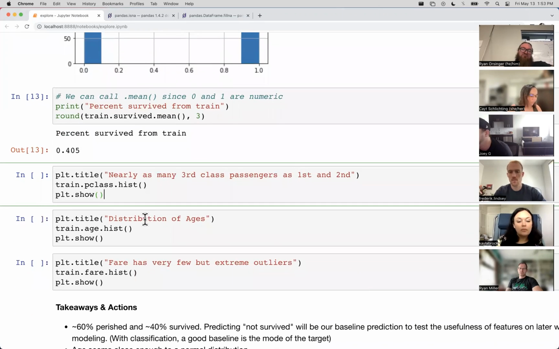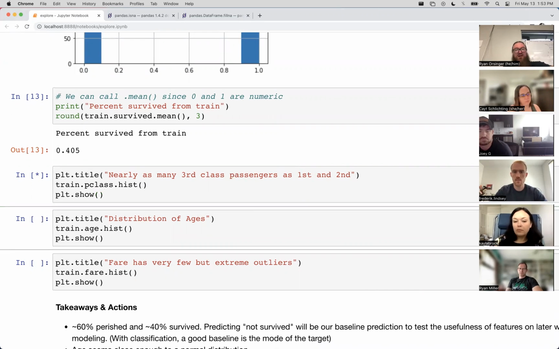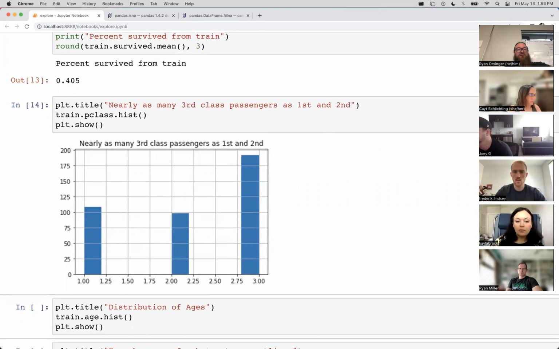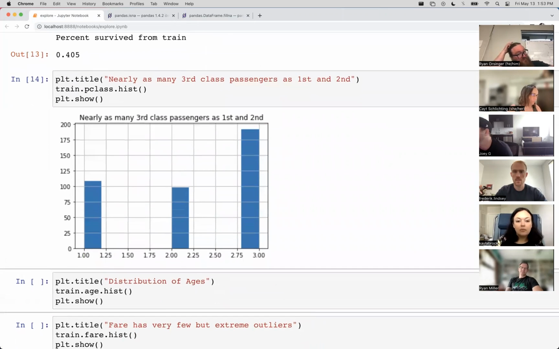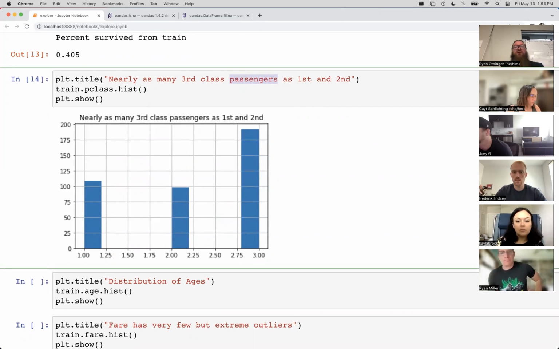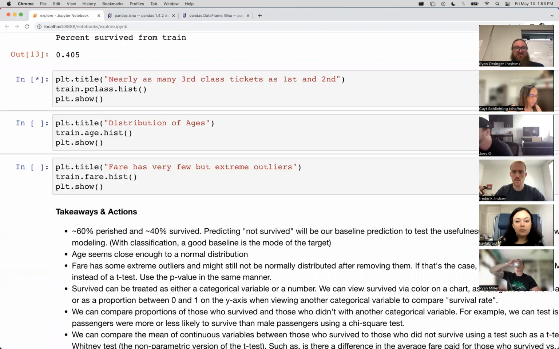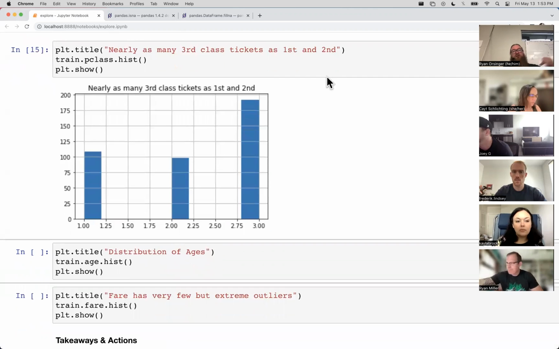And we could look into the univariate statistics for more columns. If you have 100 columns, this might take a long time, right? But let's take a look at the proportions of first, second, and third class tickets. The human beings are not first, second, and third class, but we will say tickets here instead, right? The tickets are third class, not the human beings. Got to fix that in the curriculum.